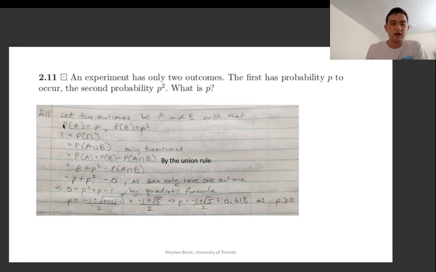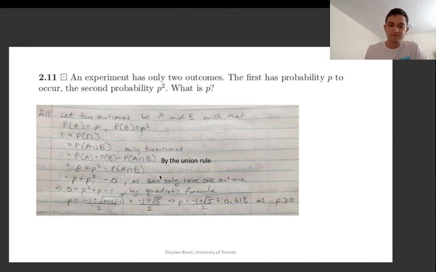So 1 is equal to the probability of omega, which means that every time you perform the experiment, it has to be one of the two outcomes, right? That's by definition of a probability function. And now we know that since there are only two outcomes, the union of the two outcomes is equal to the sample space. So we can make that substitution. And now we can use the union rule to get the probability of A plus probability of B